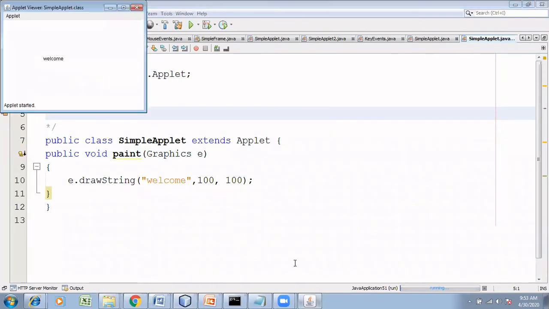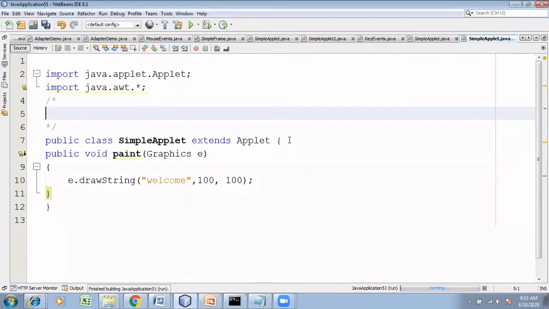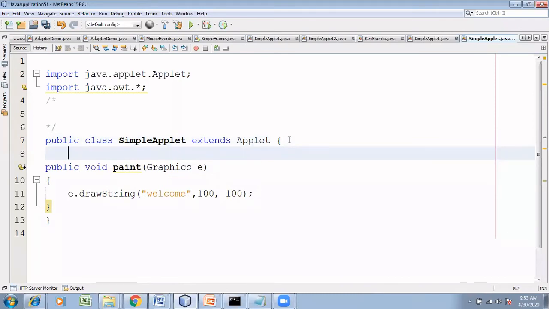Now see the output of this program. We got a container. It takes the default container size. Welcome. So those parameters, the size of applet and all, are available within init method. Supposing that I wanted a background for this applet container. In which method I need to change the background as pink or some yellow color? Init method is called only once during the applet start, isn't it? So just give init.